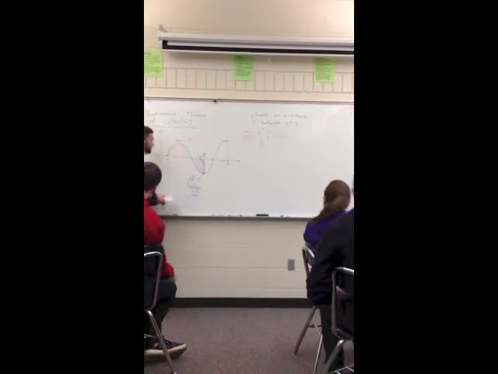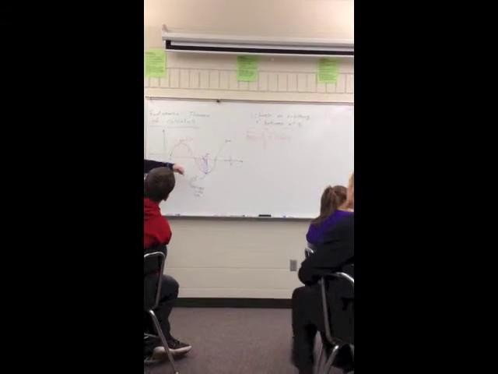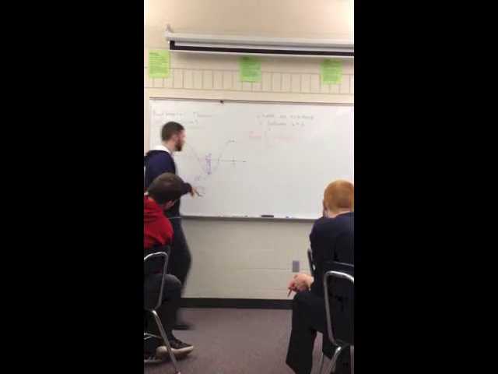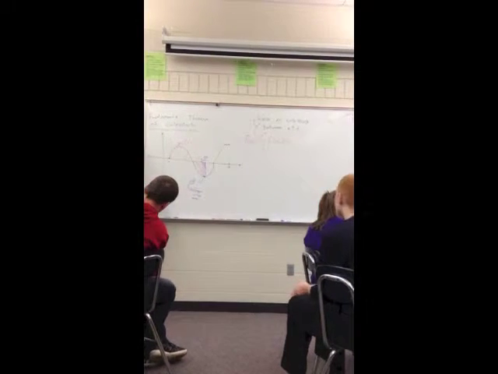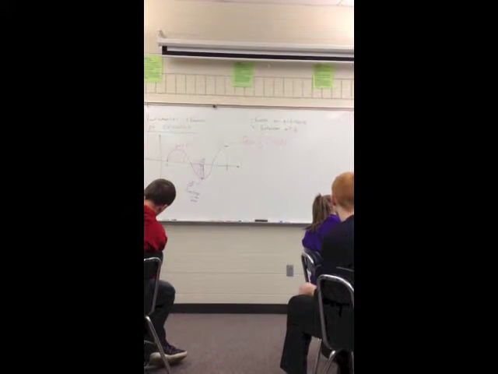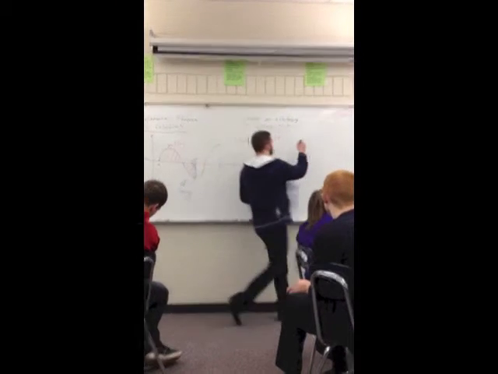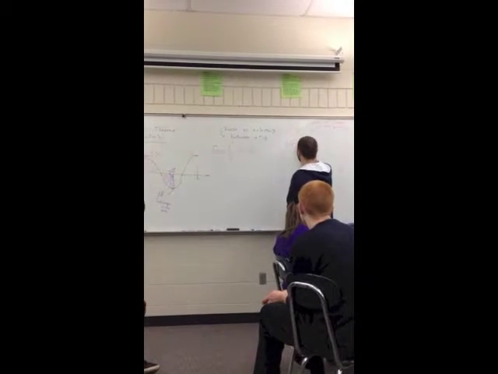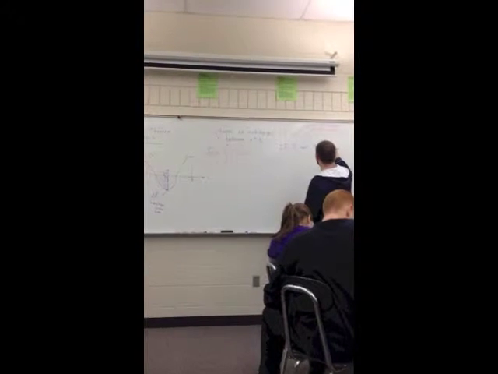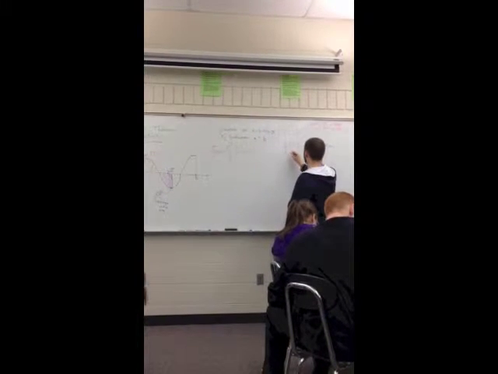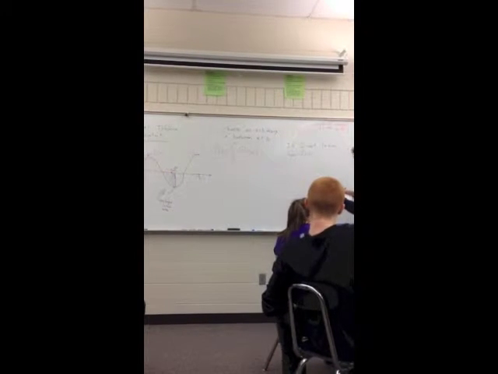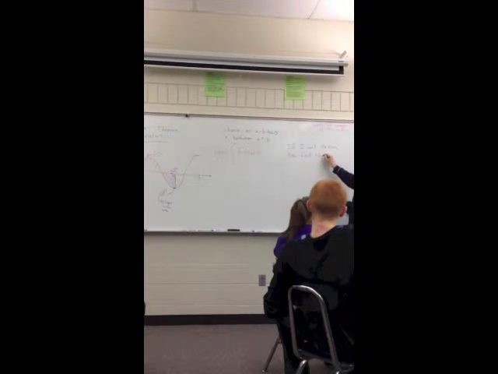Important distinction here. Delta F is the change in the area. F prime of x is the rate of change of the area. So don't get those two confused. But this is the actual physical change in the area. If I want to know how fast the area is changing,